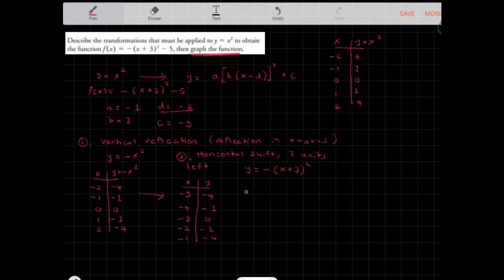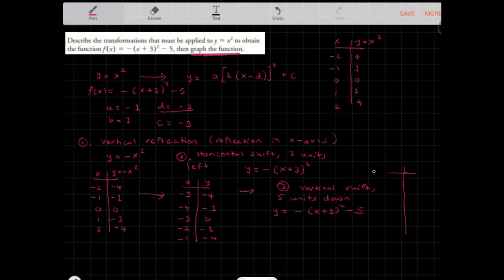In the last case, we have a third transformation. We have a vertical shift 5 units down. Okay, so if we have a vertical shift 5 units down, what that's going to do to our function now is we're going to have y is equal to negative (x plus 3) squared minus 5. And if we address the points here, whoops, let me just make some space here. Okay, so if we address the points,